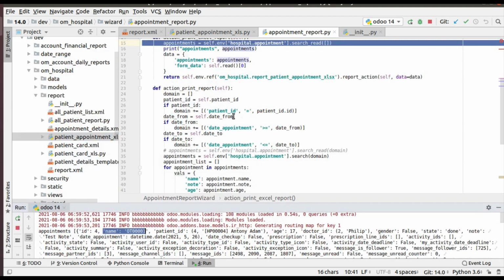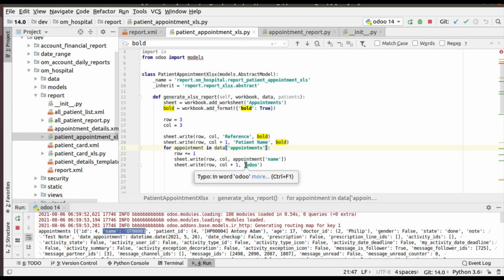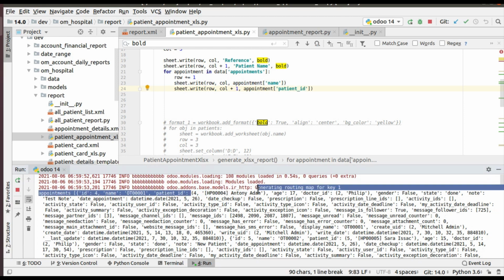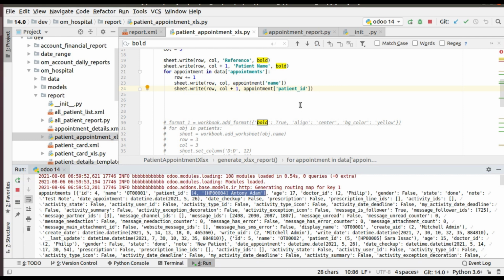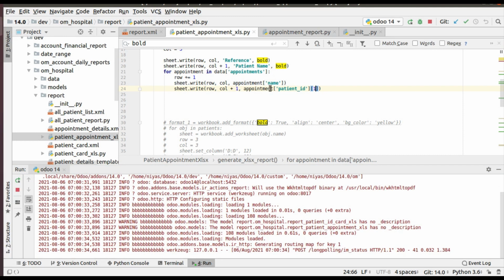So instead of printing, if I come back to the wizard, right now I have hard coded it as Odoo. Instead of giving it like that, I can check like this. Inside the wizard I have the name that we have printed here, then patient ID of, this is coming as a tuple because it's a many to one field, so I'll give it as of 1.